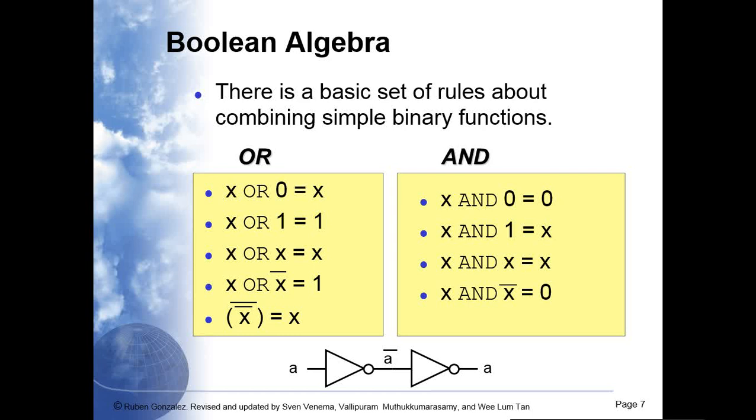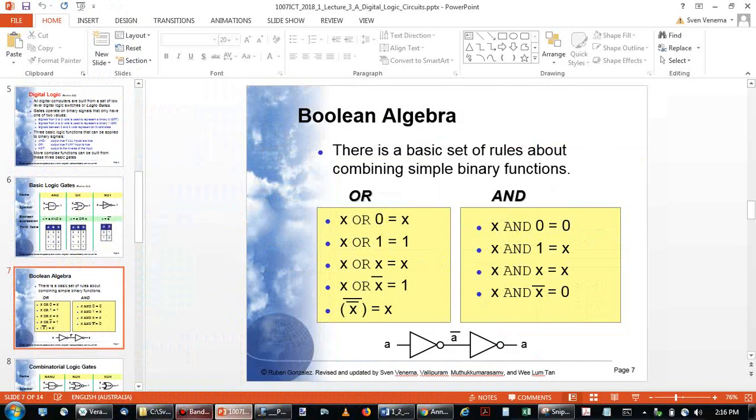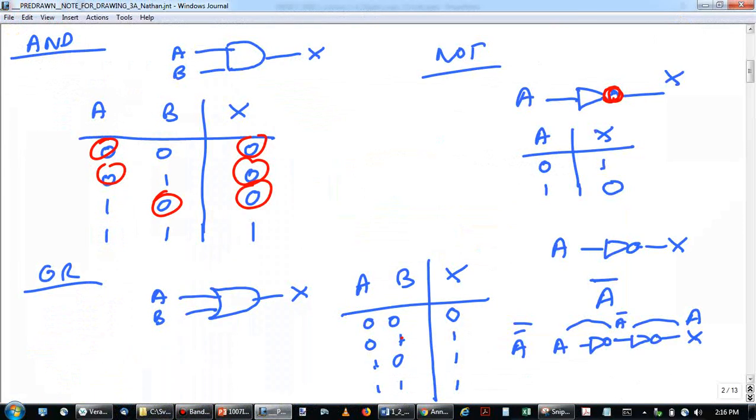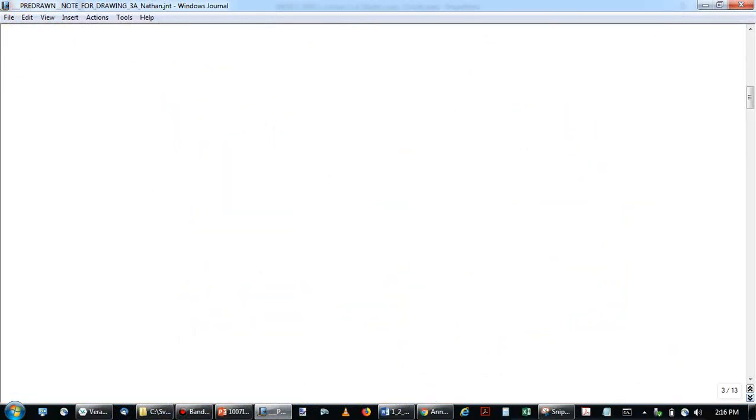There are some statements here on the left under the OR heading, and it says X OR 0 equals X, then X OR 1 equals 1, X OR X equals X, X OR not X equals 1, and so on. Yep. So let's have a look at what that's actually saying and why we might write things like that. So let's write the first one,